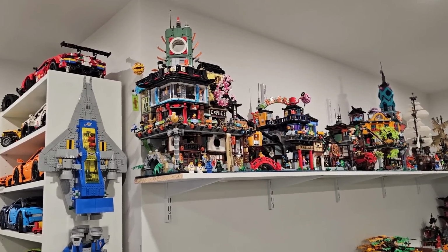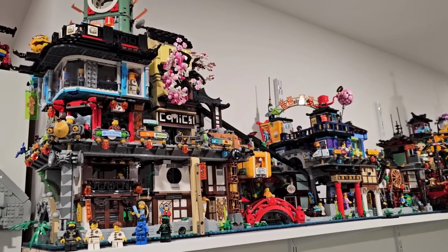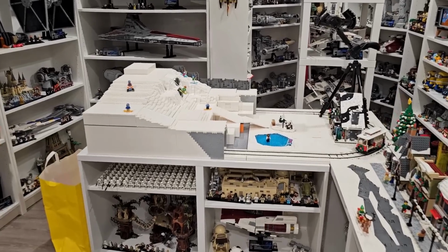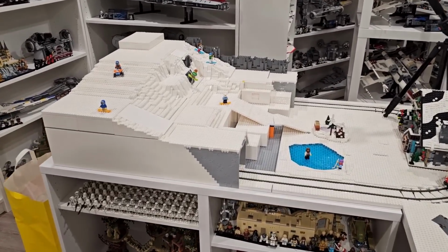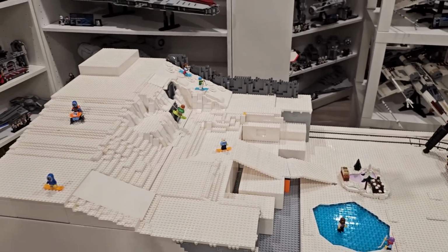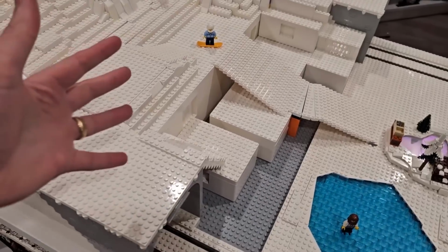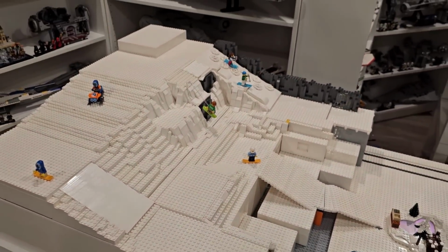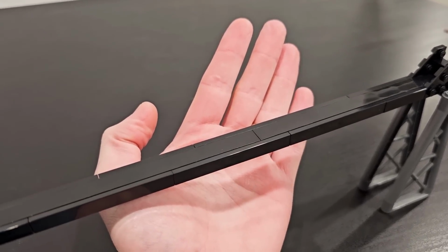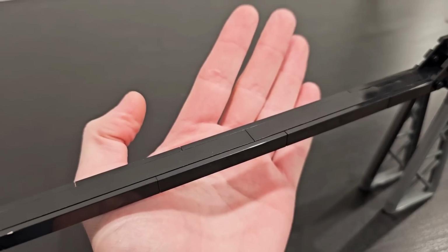So right now my eyes turn to this set right there in the center. That is Ninjago City Markets, and it has a working gondola. I don't think I'm gonna build the entire gondola today, but I sort of need to know where it's going to go and how it's going to be fitted on this ski slope. So before I get too far ahead of myself with finishing this and adding details, I need to start roughing in my gondola. So I created this massive beam, which is 154 studs long, black brick, black tile, and black